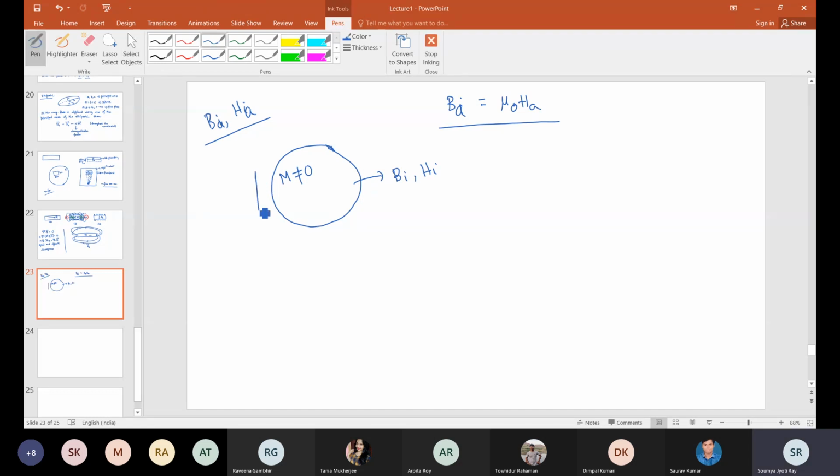So let's say this external magnetic field is Ha, applied in this direction.